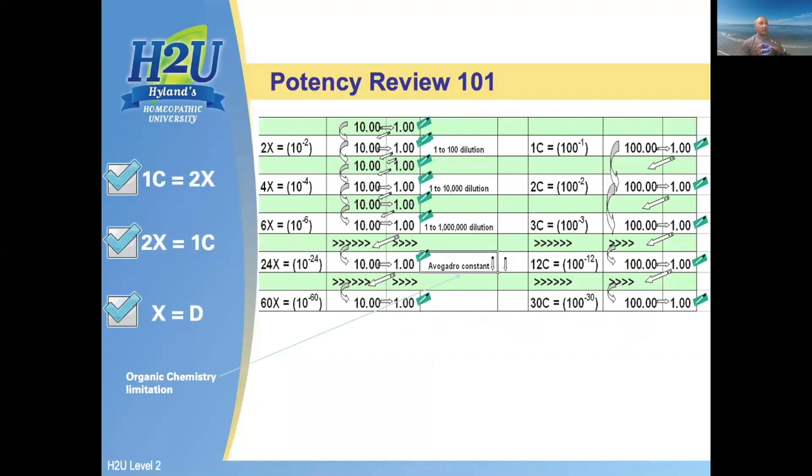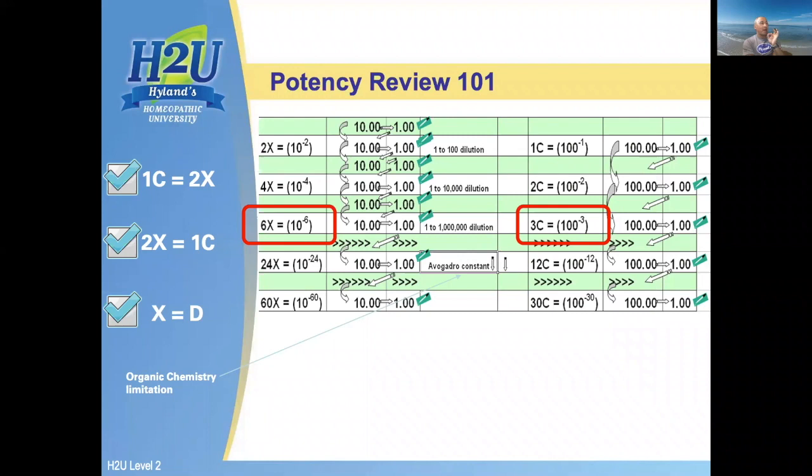So if you're ever comparing C's and X's potency wise, not to get too complicated, but just think a 2X equals a 1C, or a 1C equals a 2X. Now, some people say to me, hey, Mitch, 1C, like C means 100 in Roman numerals, 1 times 100 does not equal 2 times 10. But mathematically, if you actually looked at that, you can see on the first column there, it says 2x equals